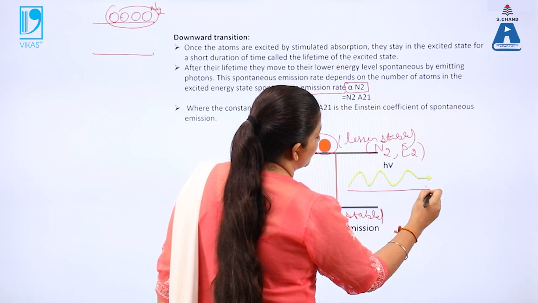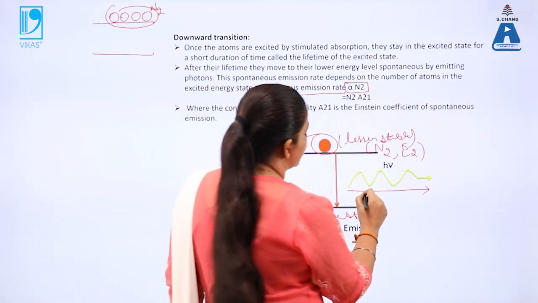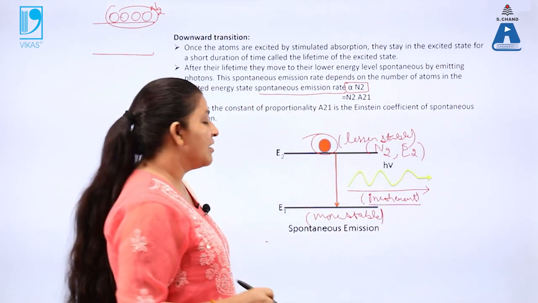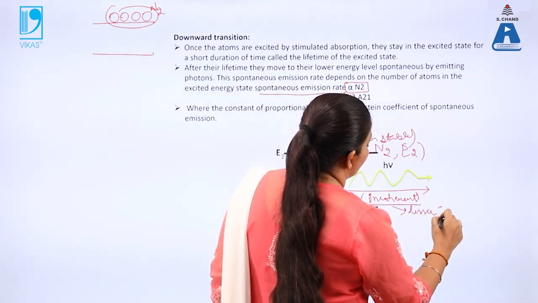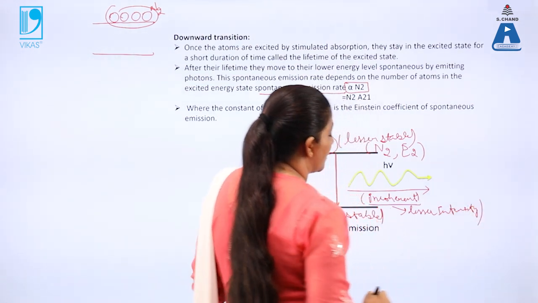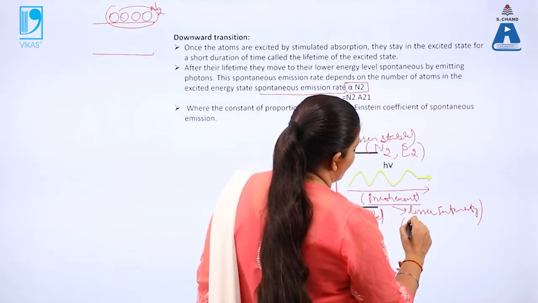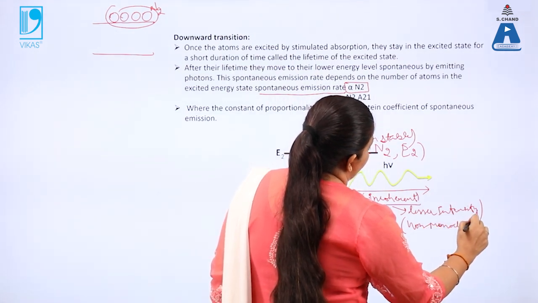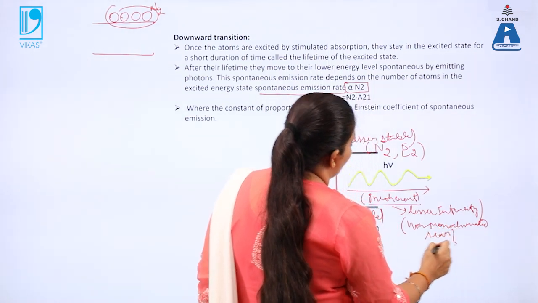While this is the spontaneous emission, this amount of energy is released, and we know that these radiations are incoherent radiations. There is no need of these radiations with lesser intensity, because the intensity of these radiations is very small because they are non-monochromatic. So the monochromaticity of these radiations is very small, they are non-monochromatic radiations, and they are less directional.